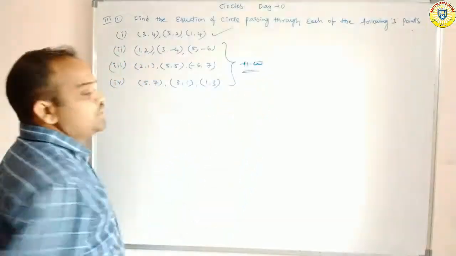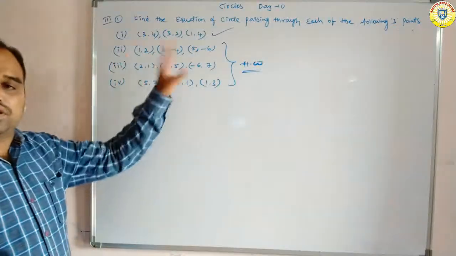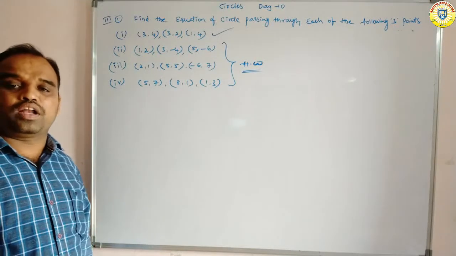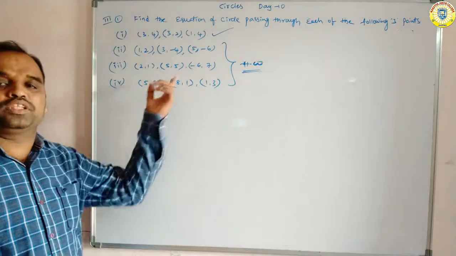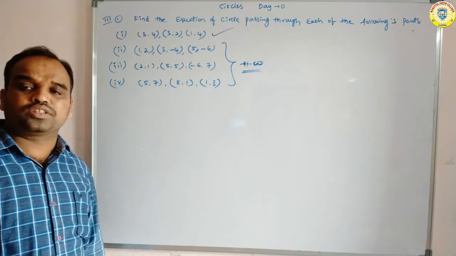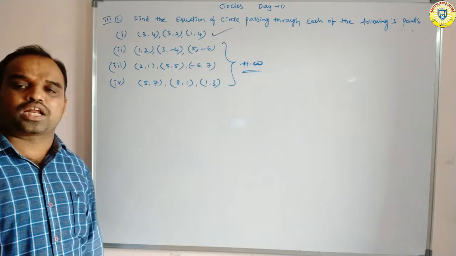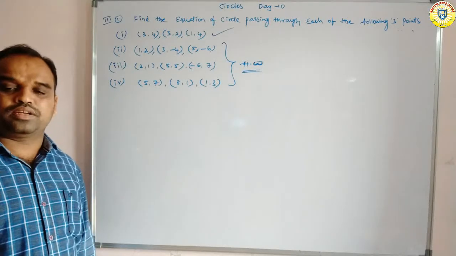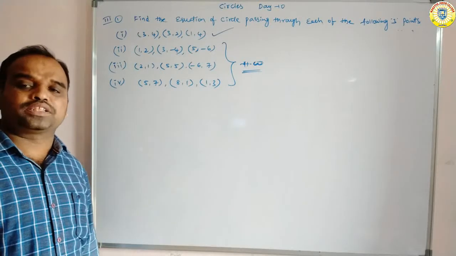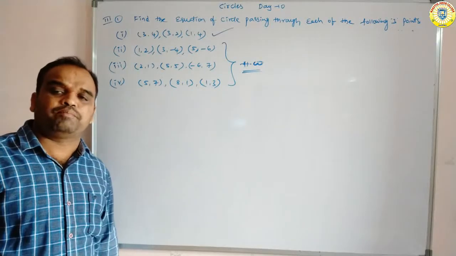Okay? So we are expecting one long question from this type of questions. We are expecting one long question from this third bit. In the third bit these questions are important. Find the equation of the circle passing through the 3 points. Show that the given 4 points are concyclic. That type of problems are very very important.